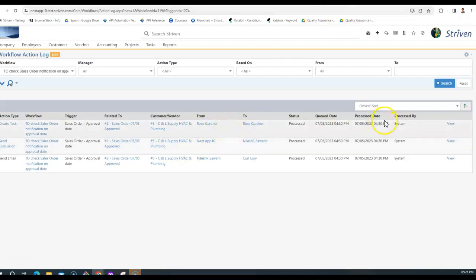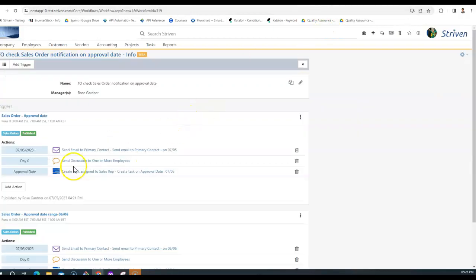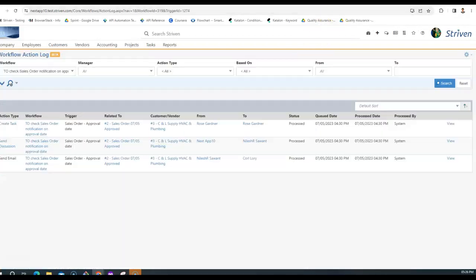This issue is basically on the process log page, where the customer name is not getting interpreted correctly if the customer name has an ampersand in it. So this workflow I set, and it got processed. I have three actions: send email, create discussion, and create task. So if I go to the process log,